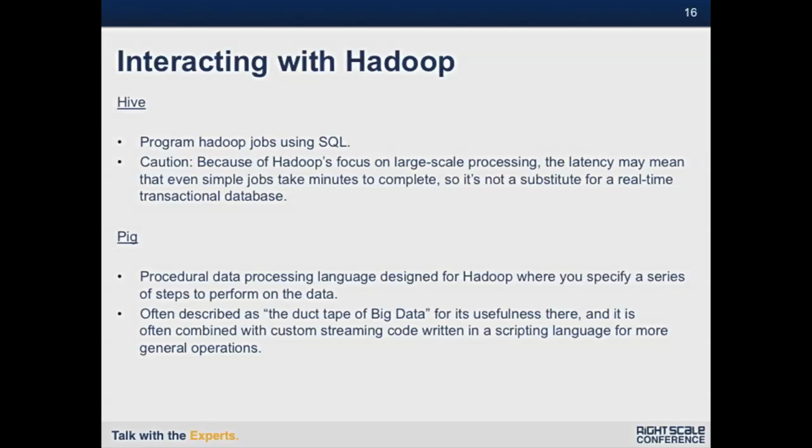But ultimately, when we get to thinking of things in procedural aspects, kind of like we talked about with MapReduce, of, okay, first I load the data, and then I perform this transformation, and then this, and then the other, then you're going to want to start looking at Pig. And Pig is really the key behind any Hadoop solution. Pig is referred to as the duct tape of Hadoop, because you can do a number of things in the language itself, as well as embed other scripts in there, which makes it an extremely flexible solution.